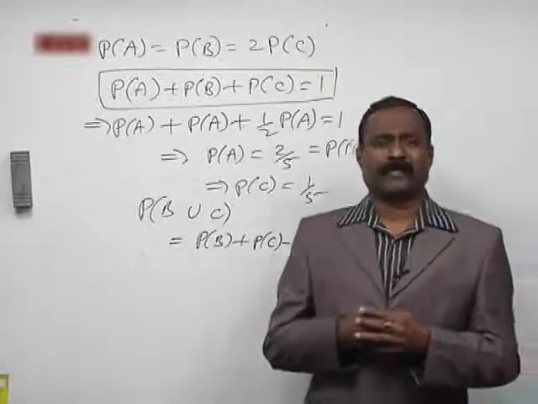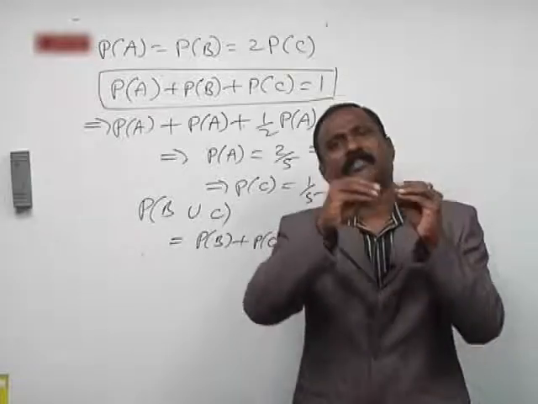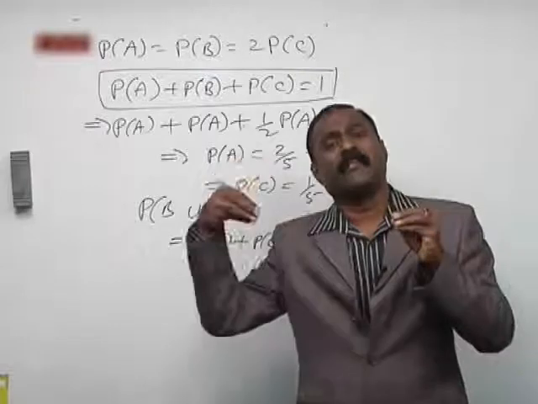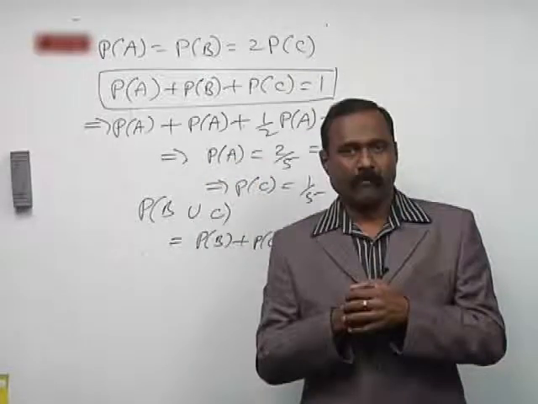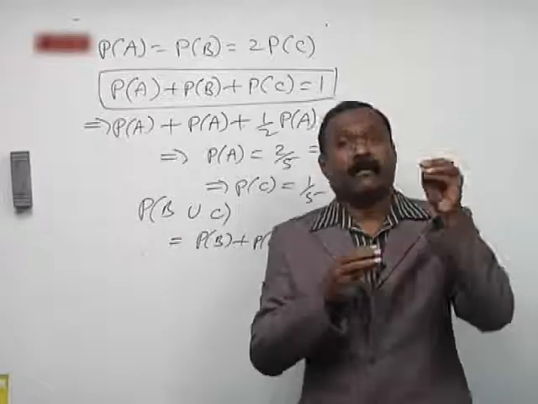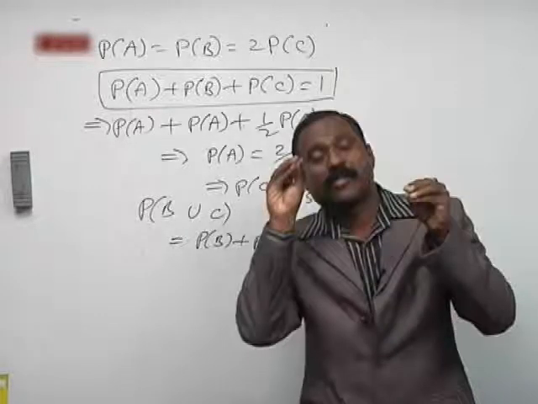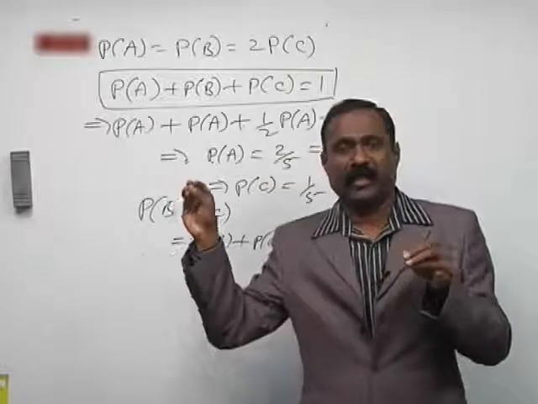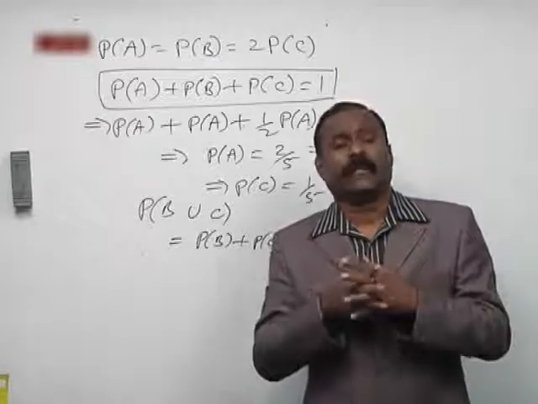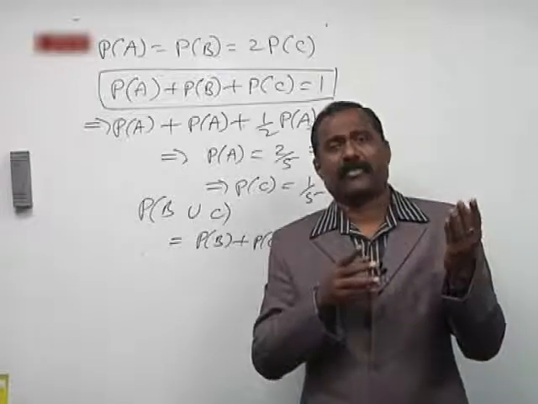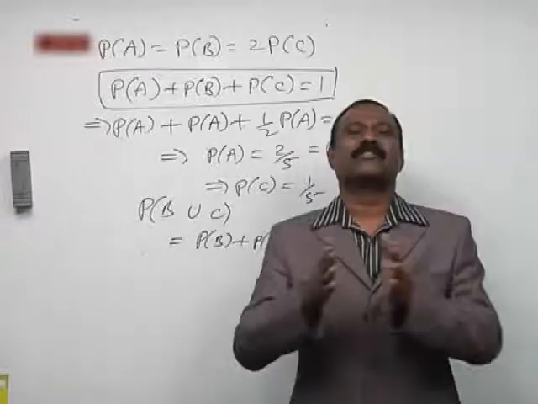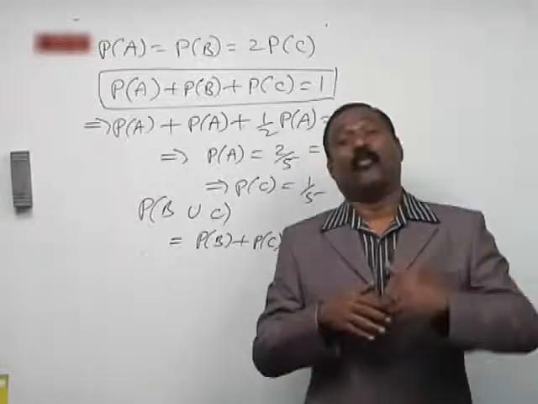In this case, what happens? An event A occurs with different events P, Q, R. Then we need the probability of the event A to occur with some Q. P, Q, R are the different events. Along with P, Q, R, A happens, and we will be needing the probability of A to occur along with Q. Then in such a case, you must know what is the total probability and what is the favorable probability.